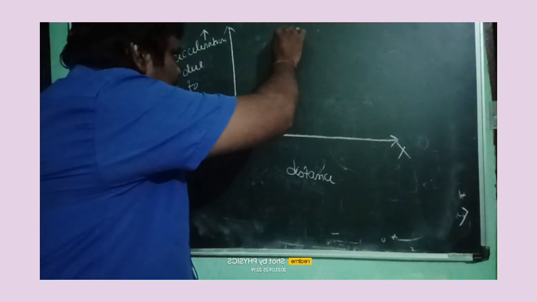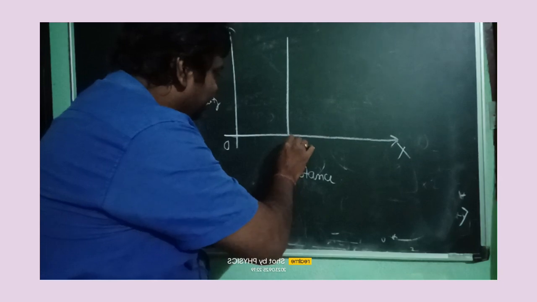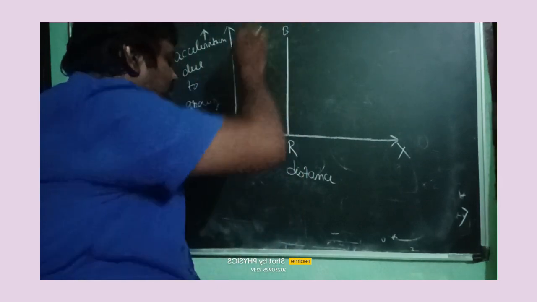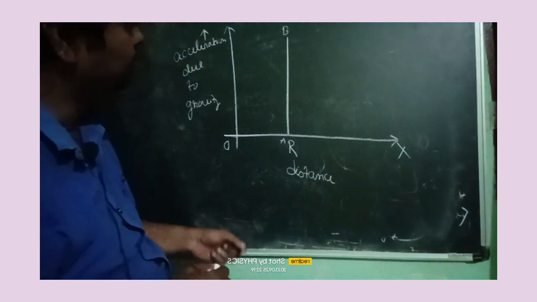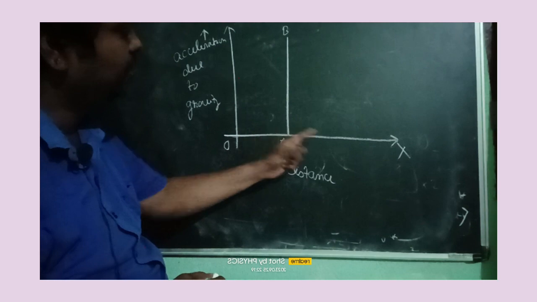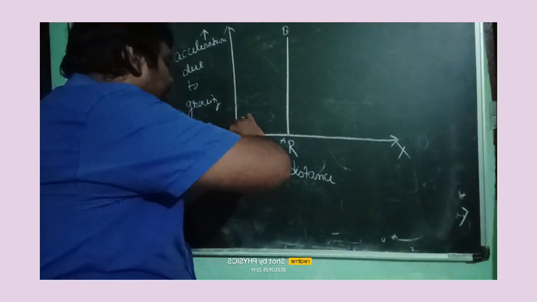Here it is the capital R. OA is the radius R, and after that it represents the altitude. If we draw the graph,